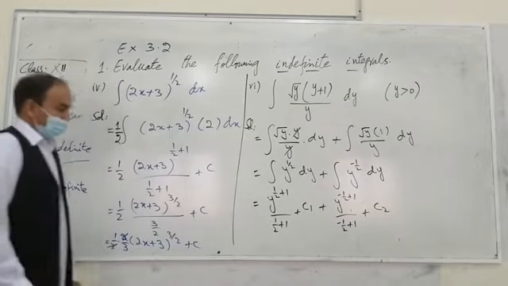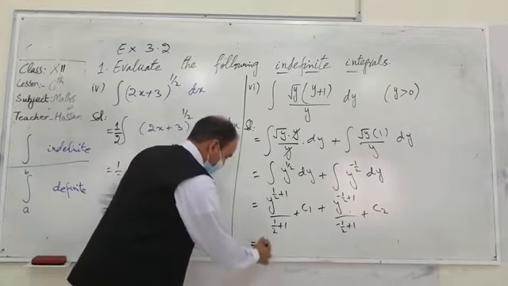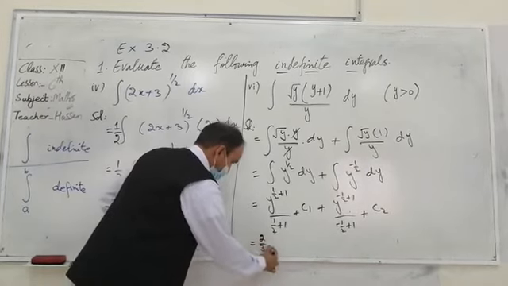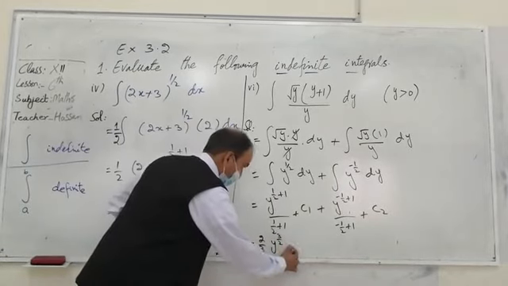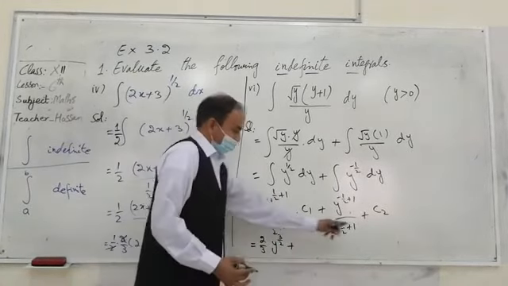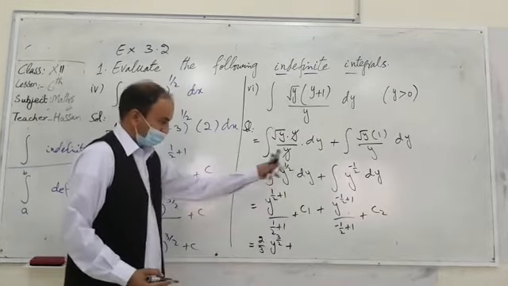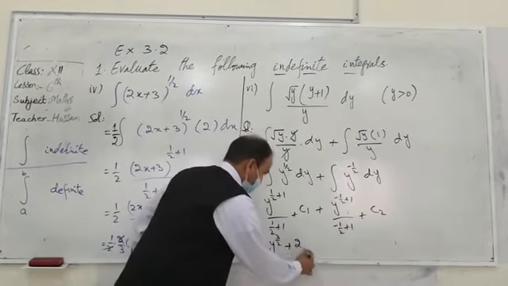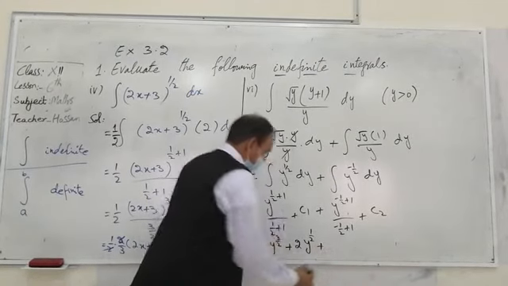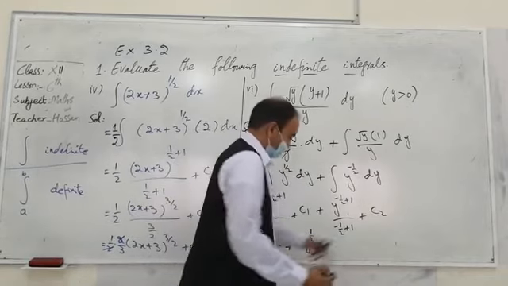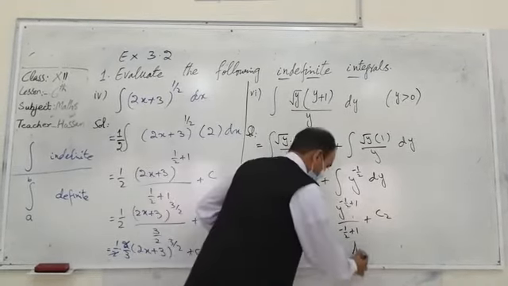So simplifying, 1 plus 1 by 2 will become 3 by 2. Writing in the next step, it will become 2 by 3. Simplification of 1 plus 1 by 2 is already done, it will be 3 by 2, plus, here it is 1 minus 1 by 2, 1 by 2 at the place of denominator, shifting it on the top, it will become 2 by 1, and y exponent will be left with 1 by 2, plus, combining both constants c1 plus c2 and writing them as constant of integration. That is my final answer.